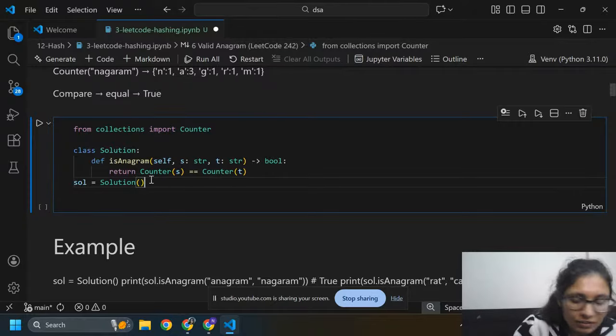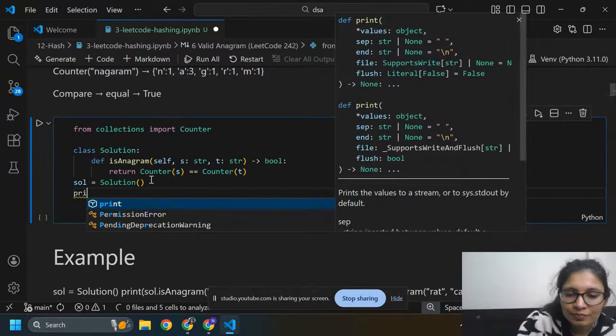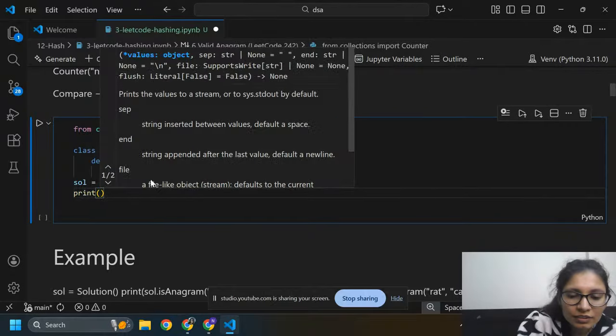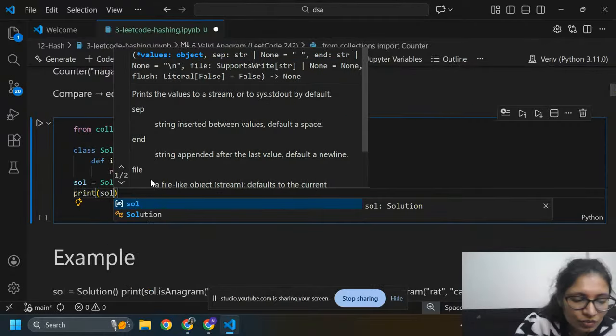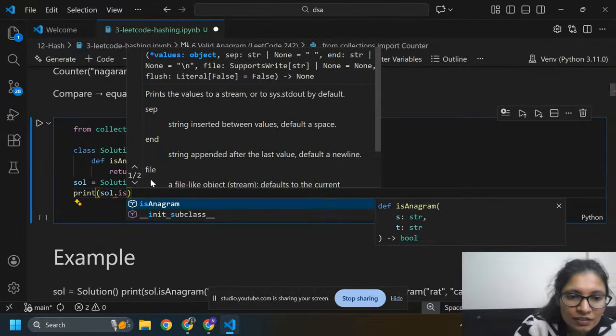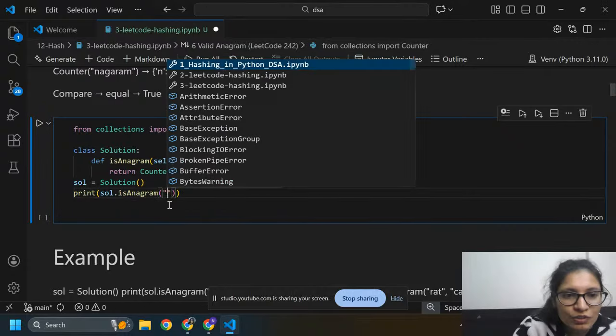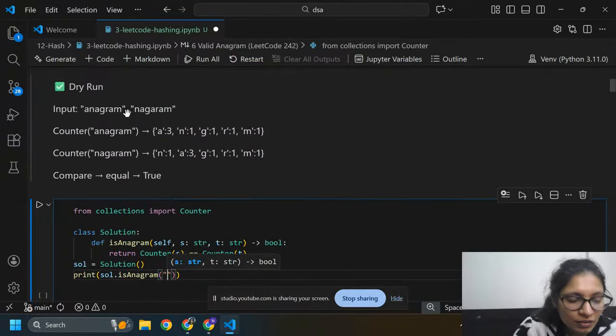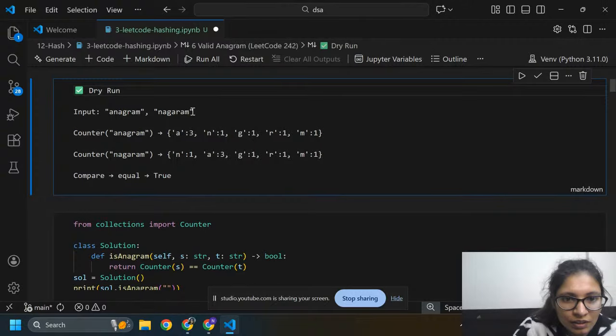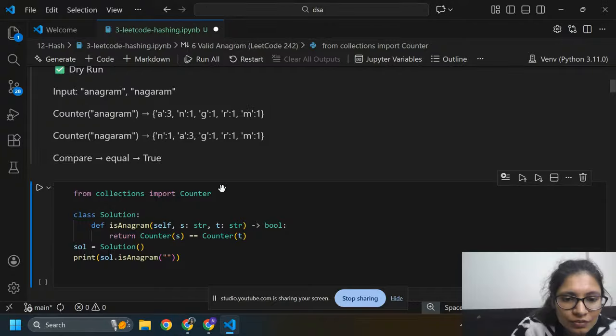After this, I'm going to print, using sol.isAnagram. This is the function name, isAnagram. Inside this, I need to pass both of these things, "anagram" and "nagram". Okay, so we can check here.